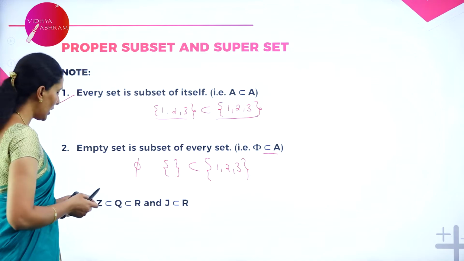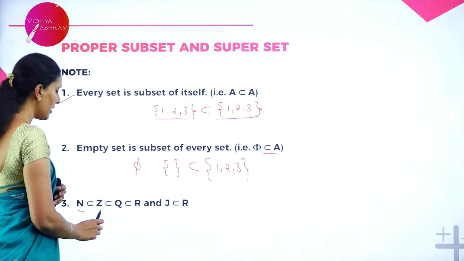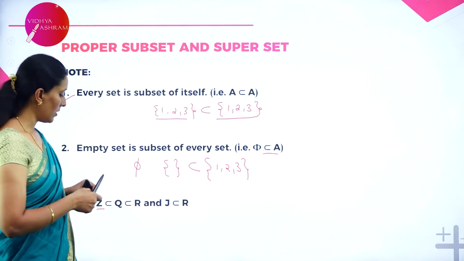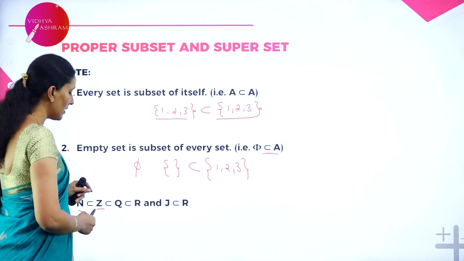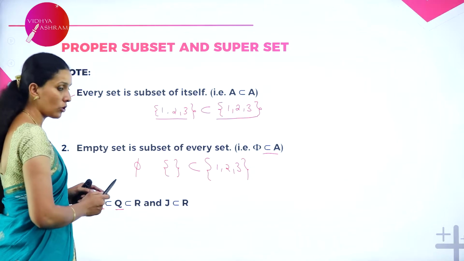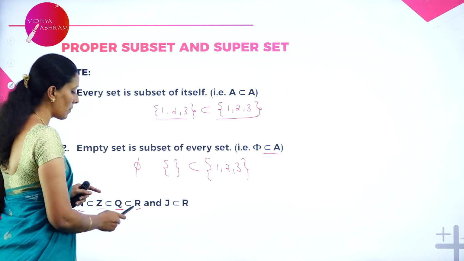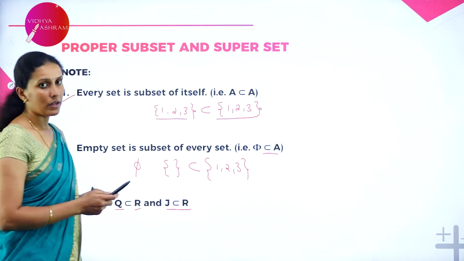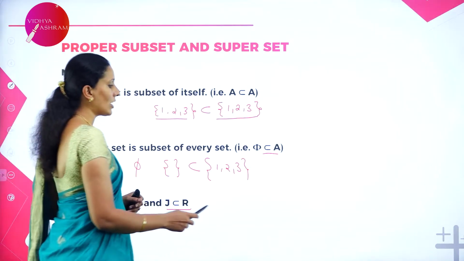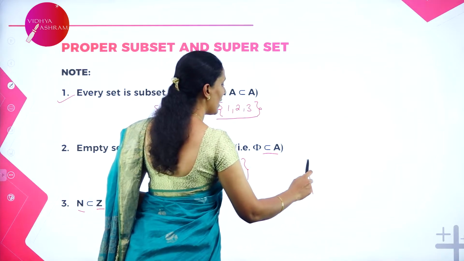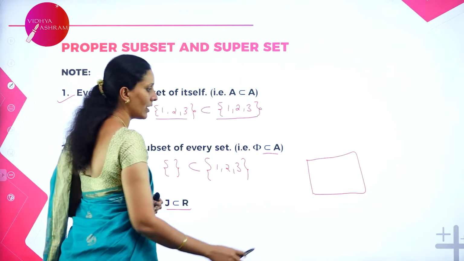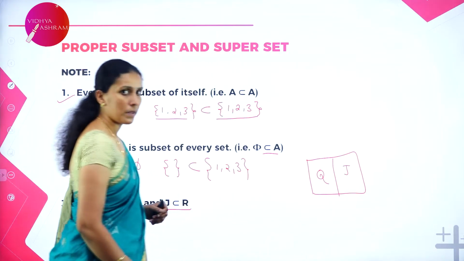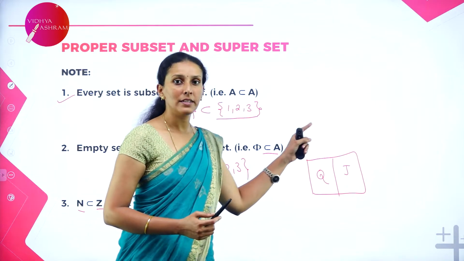Now mathematically we know that natural number is a subset of integers, because integers contain natural numbers. Going further, we can say integer is a subset of rational, rational is a subset of real number, and irrational is a subset of real number. Why? Because here rational is separate. When I say real number as one complete set, clearly we can divide them as rational and irrational. So not every rational number is irrational here.